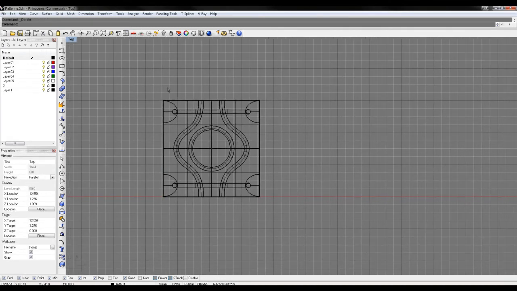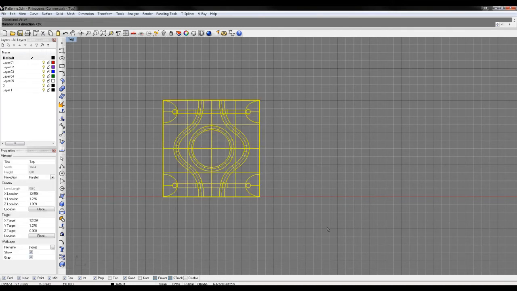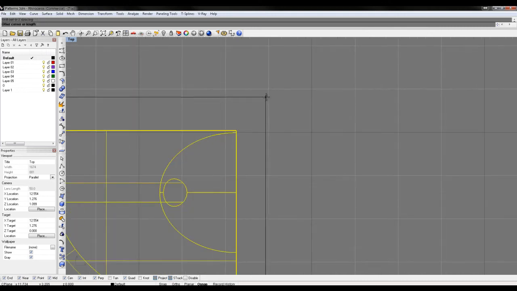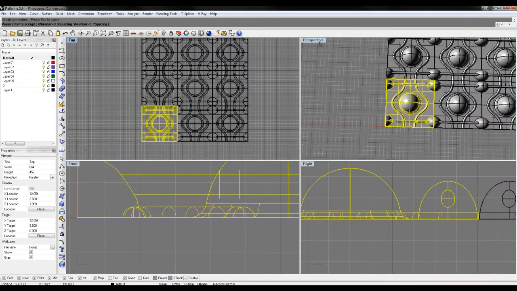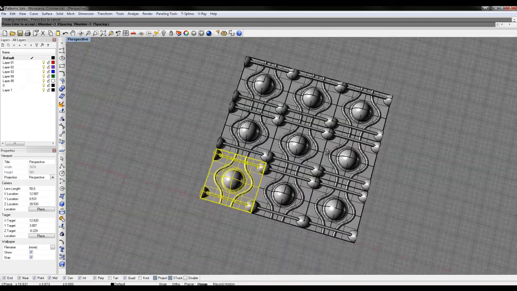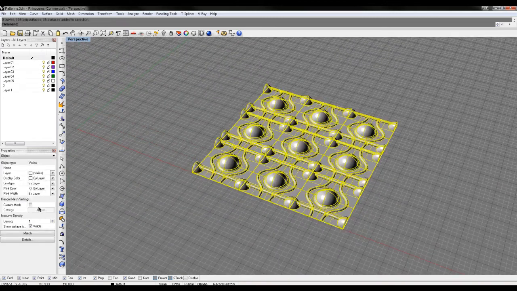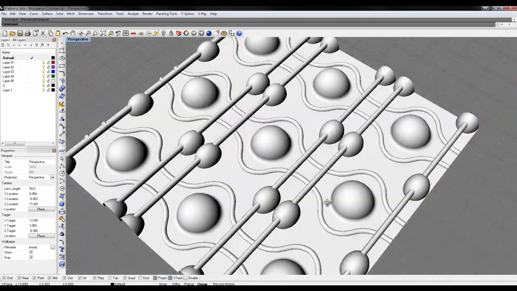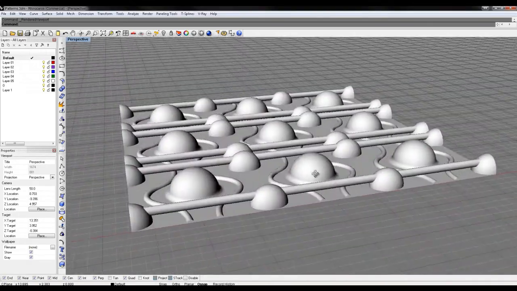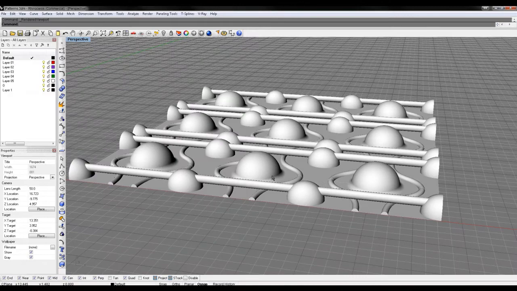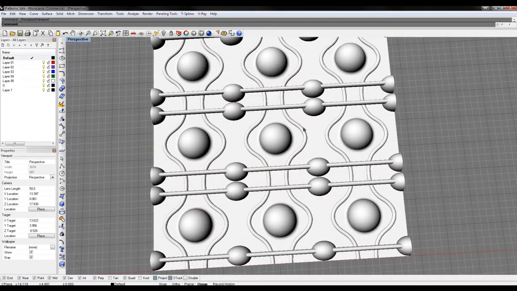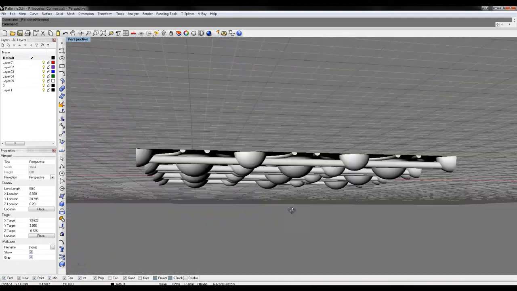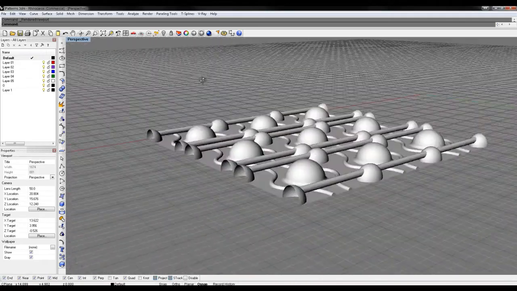Now if I array this 3 by 3, and we'll make a unit cell the same size as its overall shape. What you're left with is this cool funky tile. Let's take this and turn on render. And it's kind of a weird sort of almost Art Deco-y sort of thing, but this is a cool technique for making repeatable patterns. I mean, this could be easily like a ceiling tile or some sort of funky thing,